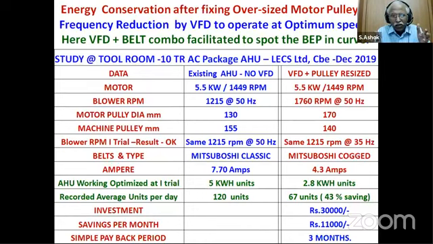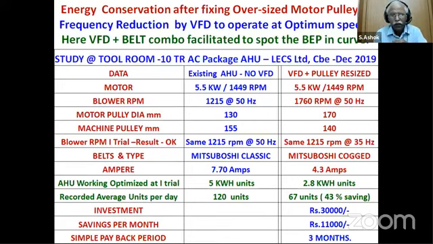Almost it is 43%. How is it? Because they are able to raise the RPM of the blower instead of 1215 RPM. You can go by the calculation also. Everything is open, it's transparent. At 1215 RPM, because here the frequency was slightly more, instead of 1200 it came to 1215 at